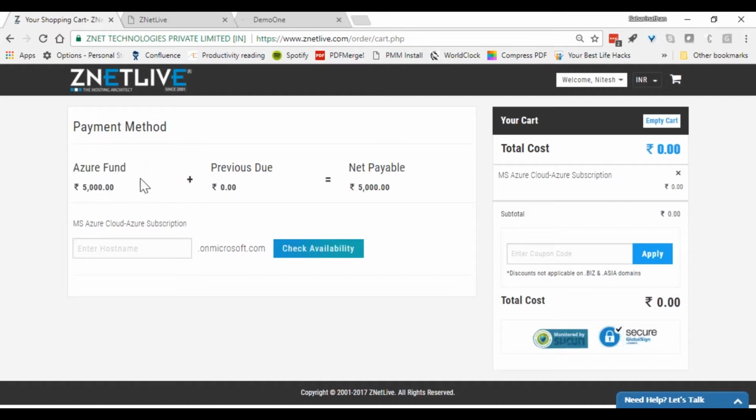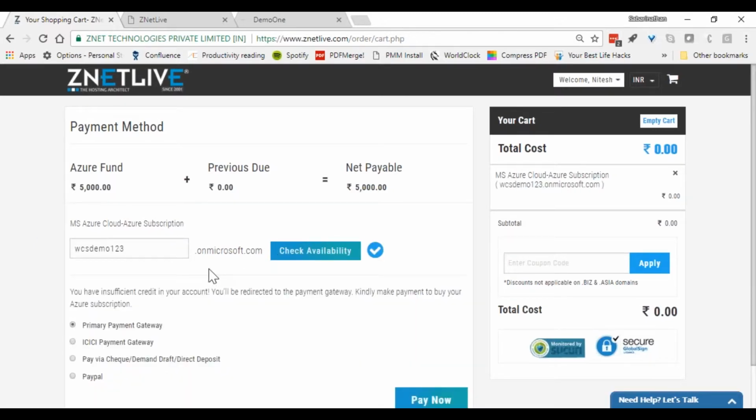So this amount is completely controlled by you. You have the liberty to choose the amount you want to collect for your organization and for your business, right? So now, for example, in this here, I'm just going to check whether this particular host name is available for the Azure. So here, what we're trying to do is we're just provisioning an Azure subscription, right? We are not provisioning any virtual machine instances. We are not provisioning any databases or anything like that. We are purely provisioning an Azure empty subscription.